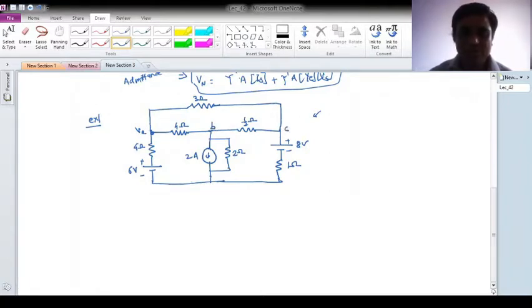So for that, the first thing I have to do is draw the graph of it, and to draw the graph I need two basic pieces of information. One is your nodes and the second are your elements, or you can say not elements but edges.